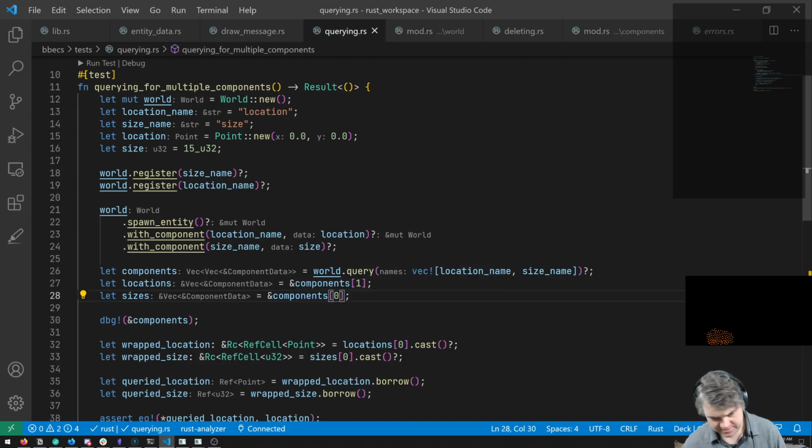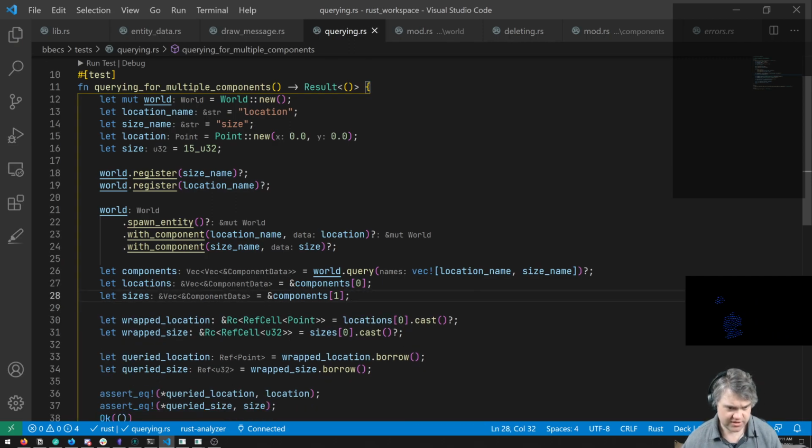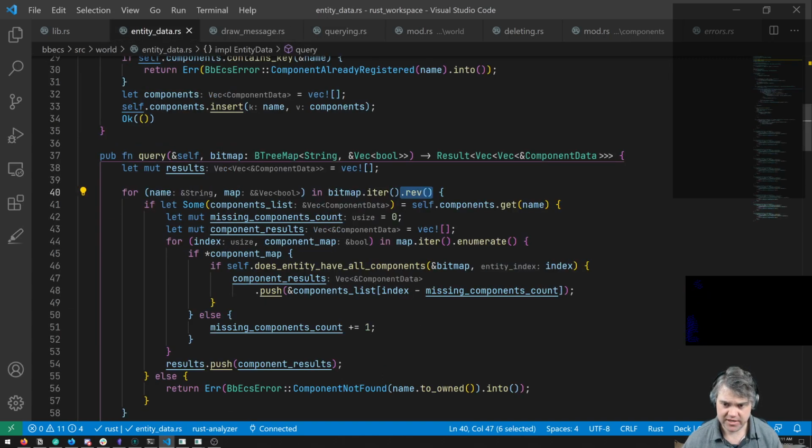So I'm thinking, just because this is causing weird little bugs, and I want them to come out in the same order that I put these in. It's like, this is 0. I mean, that makes sense to me. But we're having a problem with it. So I want to return a hash map from entity data query.